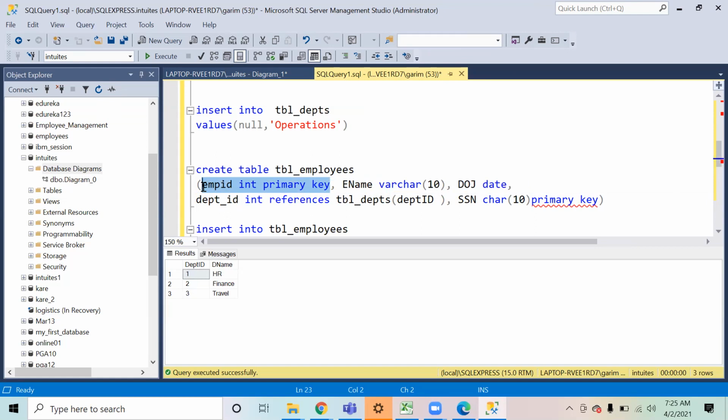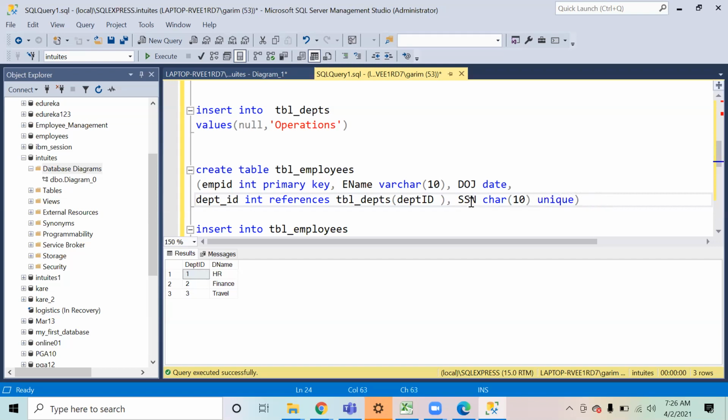But it is very important that when I'm storing the social security numbers of the employees, I ensure that I don't save a duplicate. It can happen by mistake, so I might store the same social security number. In order to avoid that error, I will define this as unique.